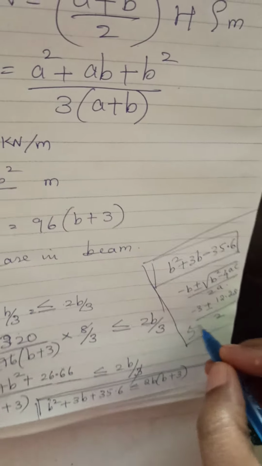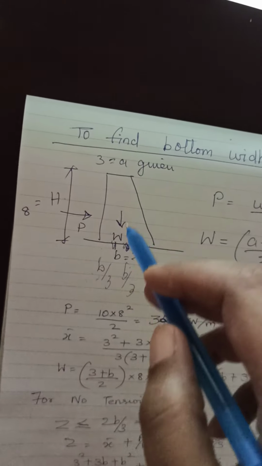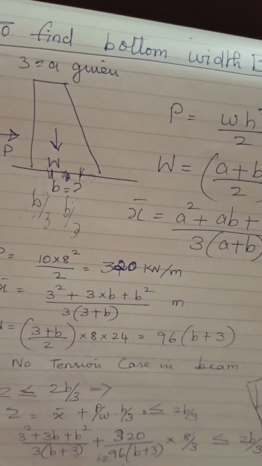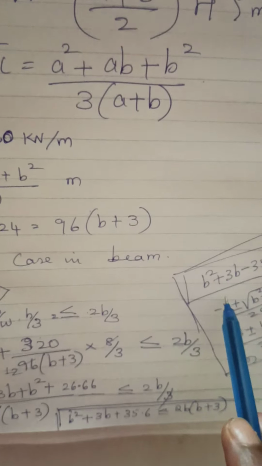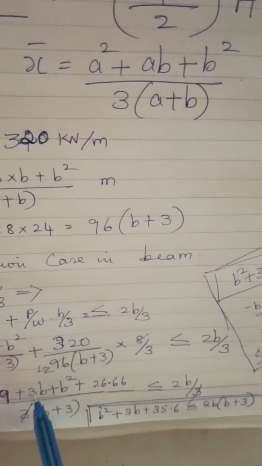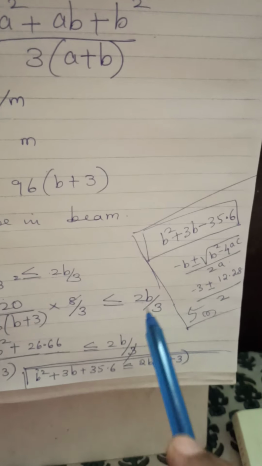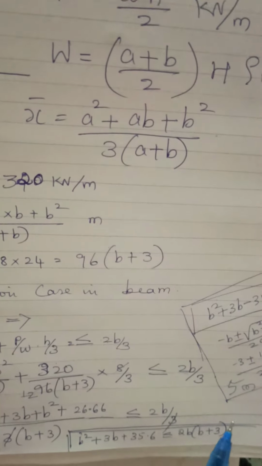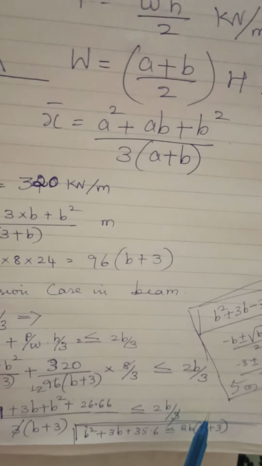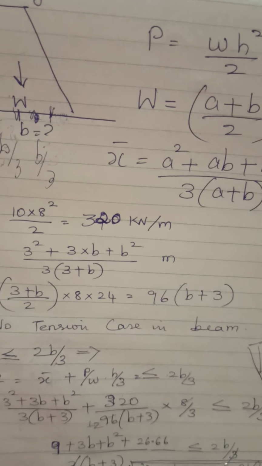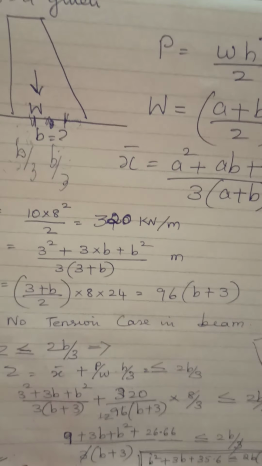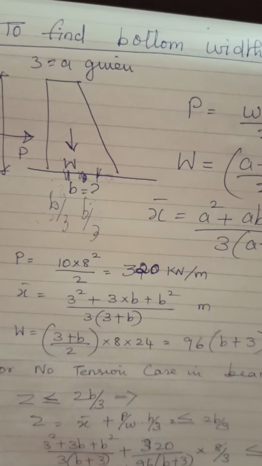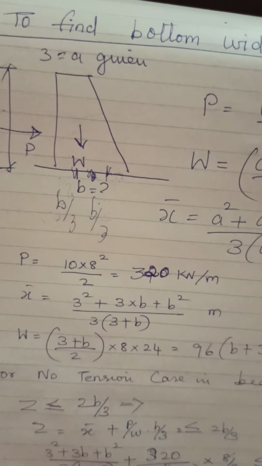So this answer for the B value is much less when you compare the top width of 3 and a bottom width of 5 that I am getting for a height of the dam of 8. The reason is the top width of the dam is more. When you have more top width, this 3B, your B value comes out very small. You can try the same problem with the top width of the dam as 1.5 meter and get the answers from me. This is the second type of problem, which can be done for retaining wall as well as dam sections. So do the same problem with height H and find the base width with the top width of 1.5 meter, or you can keep it as 2 meter.